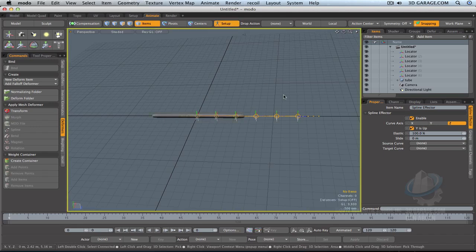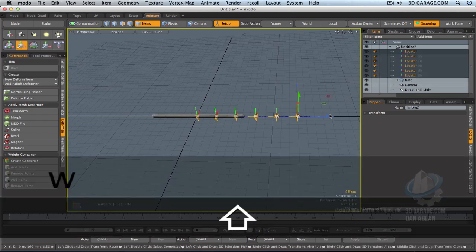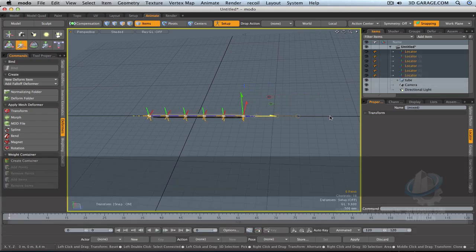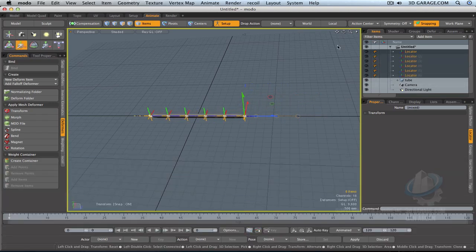So let's jump into setup mode real quick. Now setup mode allows you to go and make changes to these splines, as well as our points when we get down here to our joint system. And it allows us to make these changes without affecting the object. Essentially turns off the effect while you're in setup mode. So I can just take all these locators like this, press my command W to move it down like that, and then